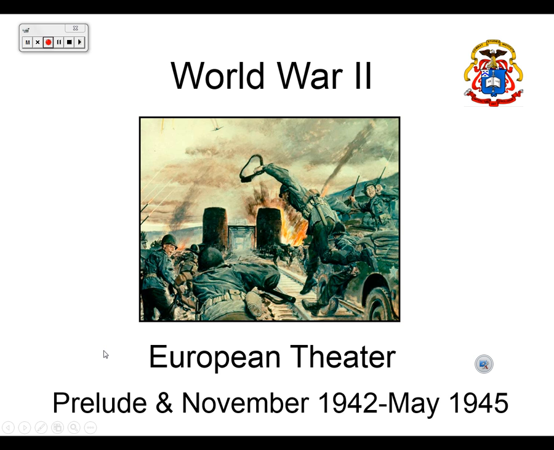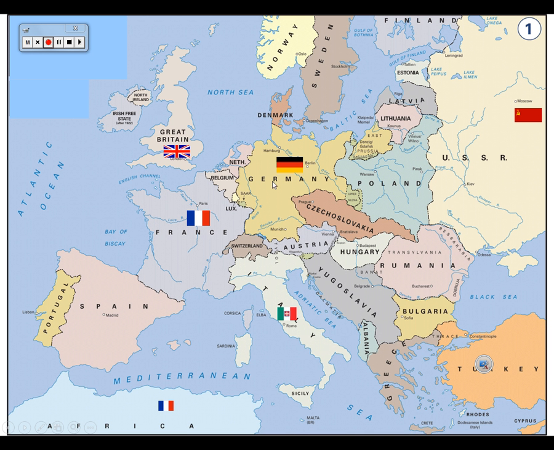So, if we've got our map of Europe here, and Germany with Hitler establishing the Third Reich, will become a Nazi state. And one of the first things that Hitler does is take over the Rhineland, which was one of the things he was prohibited from doing per the Treaty of Versailles after World War I. So Nazi Germany, already expanding, then goes into Austria, the basis of the Sound of Music stuff with the von